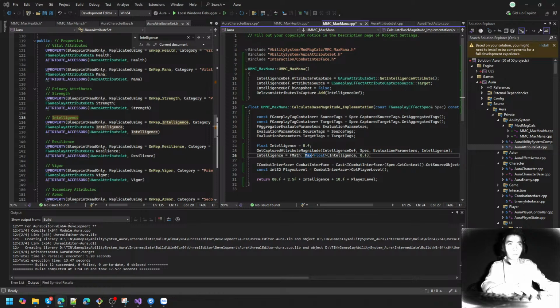Check the pointer. I'd rather it just crash instead, when running in debug. We're getting the player level from it, and now we choose a calculation here. It's a pretty simple calculation. You know, there's potential here to be much more complicated if we needed to, but for now we have it. And with that, we can open up